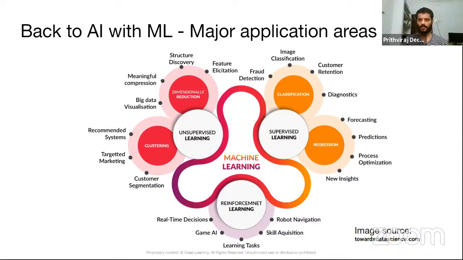Within them, let's take supervised learning as an example. We have classification and regression. With classification, as we discussed earlier, you can give the machine pictures of dogs and cats. You can tell the machine this is a cat, this is a dog, and the machine learns from it. When it sees a new animal, which could be either a dog or a cat, it can make a prediction, an informed guess that it could be either a dog or a cat.